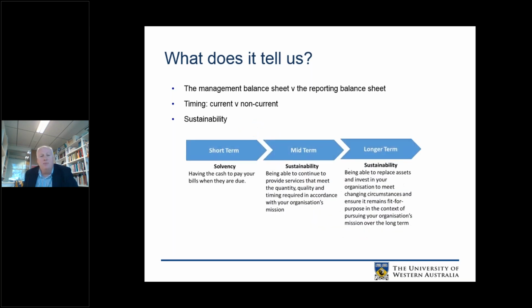To that extent, sustainability means three things in three different time regions. In the short term, when we talk about sustainability in the context of the balance sheet, we're talking about solvency. And most directors, quite rightly, are concerned about this because it's really the situation where you want to make sure you have enough cash to pay your bills when they are due. If an organisation trades insolvent, that is, it runs out of cash before it's able to pay all of its creditors or all of its obligations, then directors can be personally liable for the outcomes or losses incurred by those people owed money. And therefore,